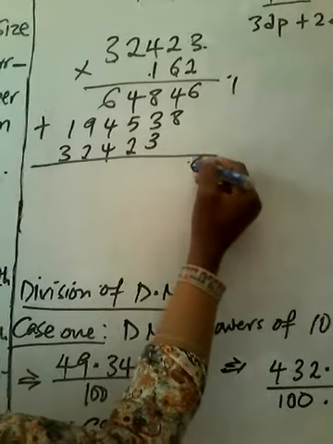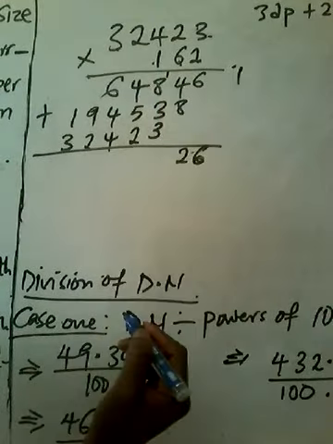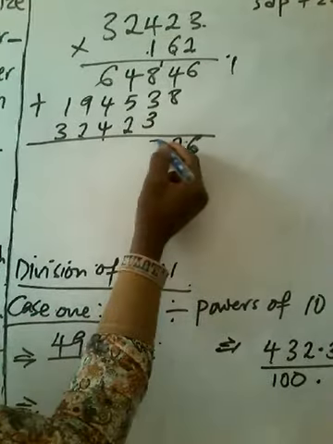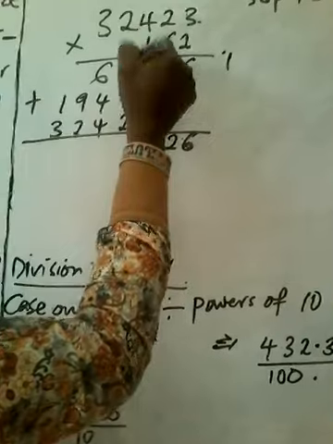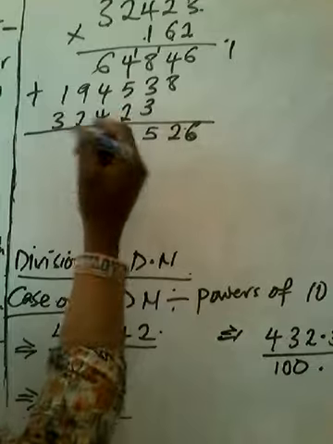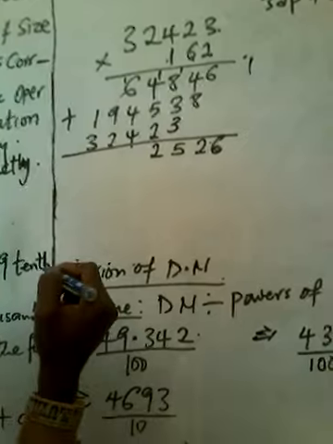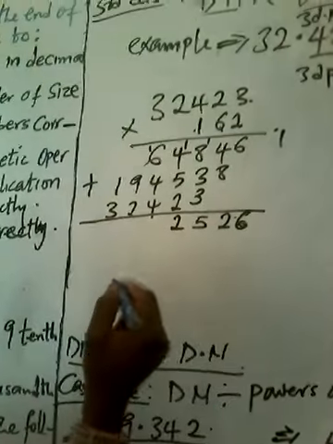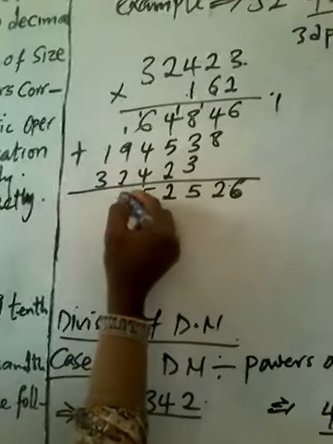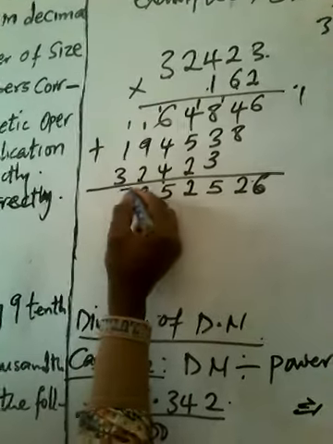You have 6 here. 4 plus 8 is 12. You keep 1. Bring it here. 1 plus 8 is 9. And 9 plus 3 will give you 15. So you have 15 here. 5 here. And you bring your 1 here. 1 plus 4 is 5. 5 plus 5 will give you 10. And 10 plus 2 will give you 12. Bring 1 here. 1 plus 6 is 7. And 7 plus 4, 11. 11 plus 4, 15. You bring 1 here still. 1 plus 9 is 10. 10 plus 2 is 12. Bring 1 here. 1 plus 1 is 2. And 2 plus 3 will give you 5.